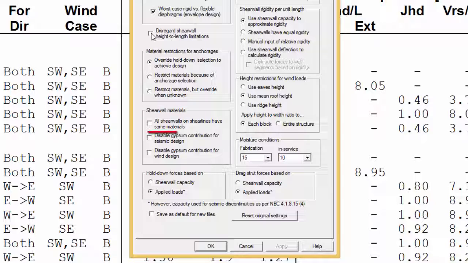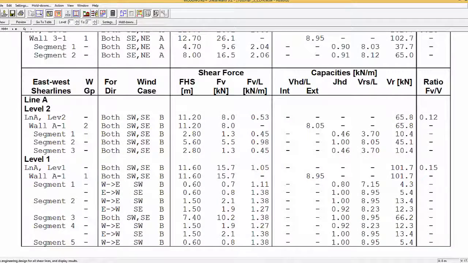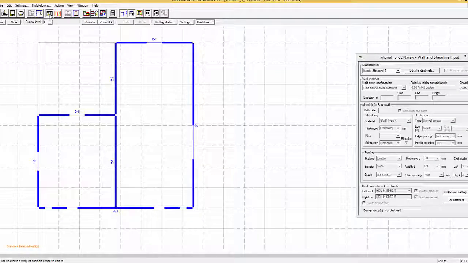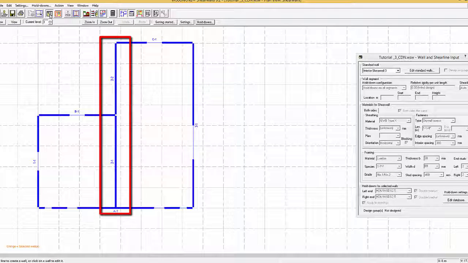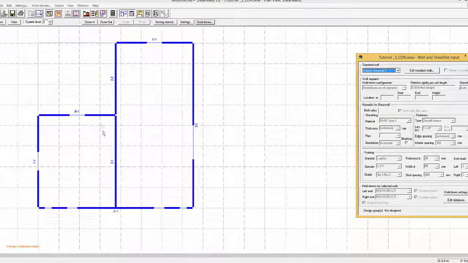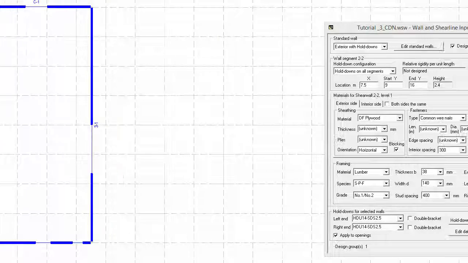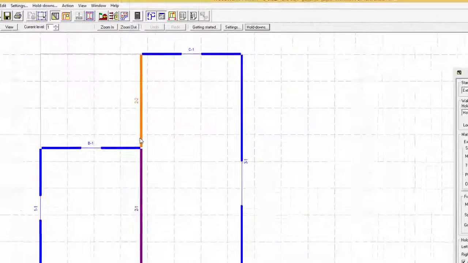The all shear walls on shear lines have the same materials option, when not activated, allows the user to have dissimilar material on the same shear line. For example, looking in the walls view, it is possible to see that shear line 2 contains two segments, one that is inside the structure and the other on the perimeter. Wall 2-1 is designed as an interior shear wall with gypsum on both sides, while wall 2-2 is designed as an exterior shear wall. Looking at the wind flexible shear results,